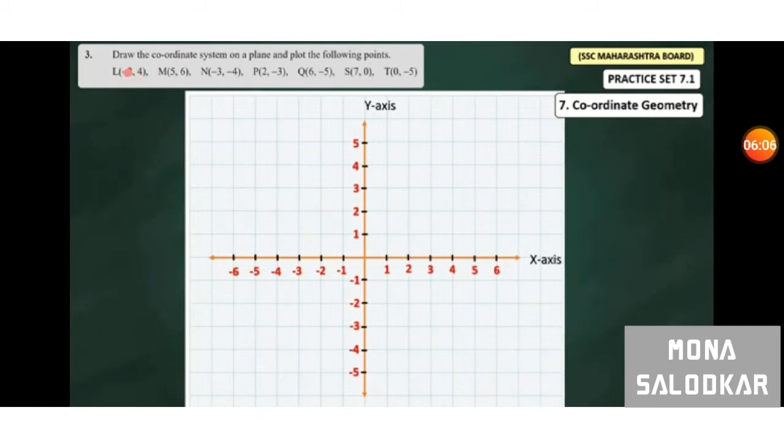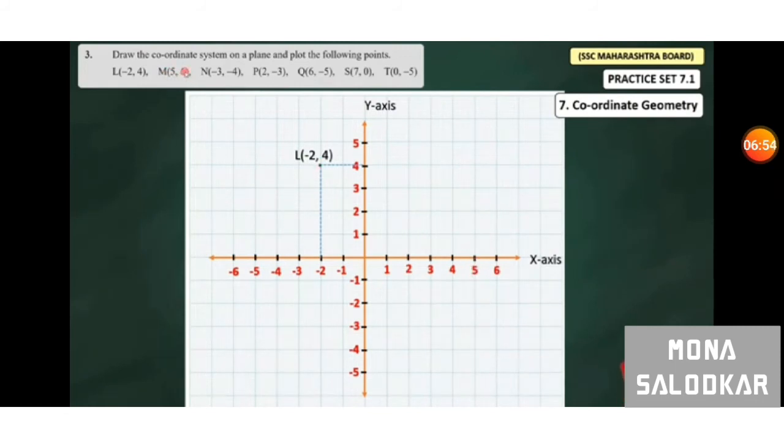So see on x-axis, where is minus 2? It is your minus 2, and where is 4? On y-axis. So see the point 4 on y-axis. So draw the perpendiculars from these 2 points, and then that points meet and you get the coordinate minus 2, 4. Now join that points. Now see here, it is your point L, that is minus 2, 4. 4 on y-axis and minus 2 on x. Always you have to show x coordinate first and then y coordinate. Remember students, always you have to show first x coordinate and then y coordinate.